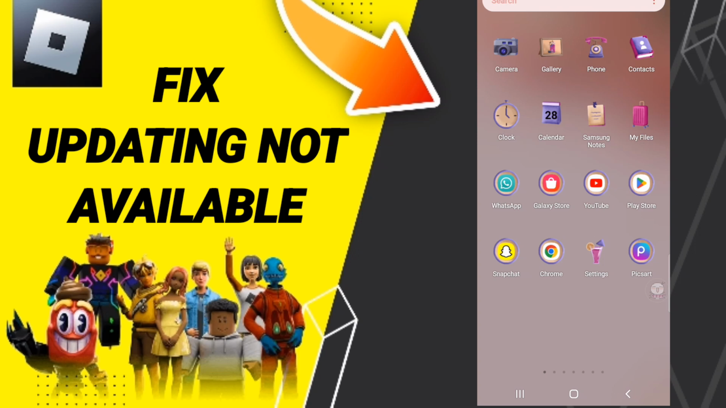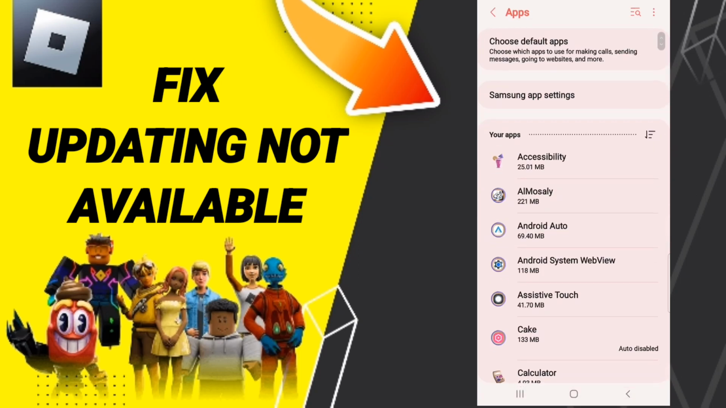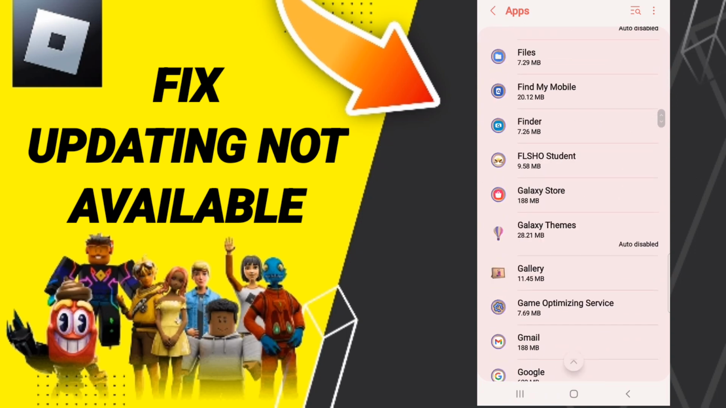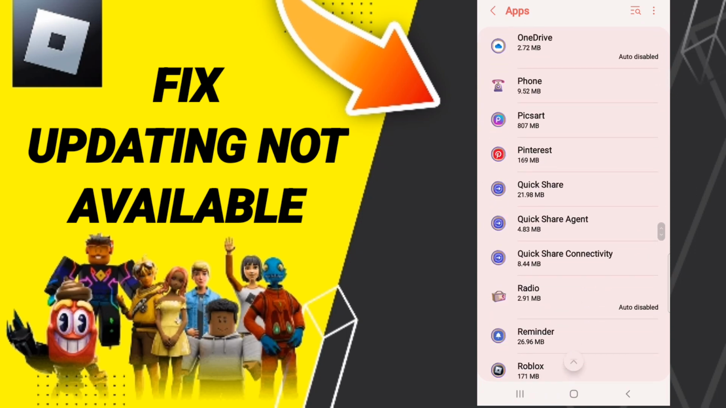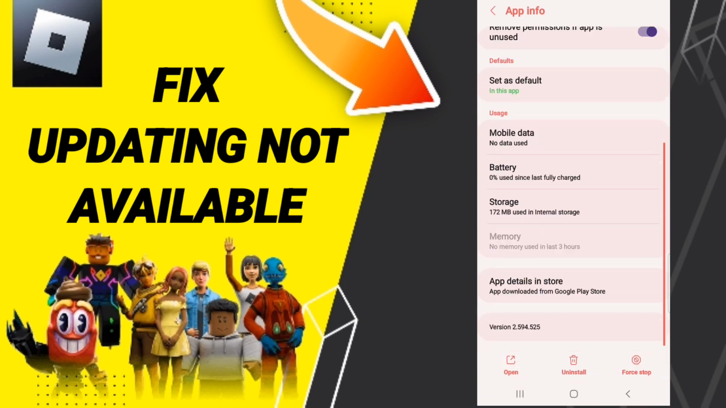If you can't update Roblox on your phone, you should just go to Settings. On this page, click Apps, Default apps, App settings. When you find this list, search for the Roblox app. Here. Then on this app info page, you will enter and tap Force stop